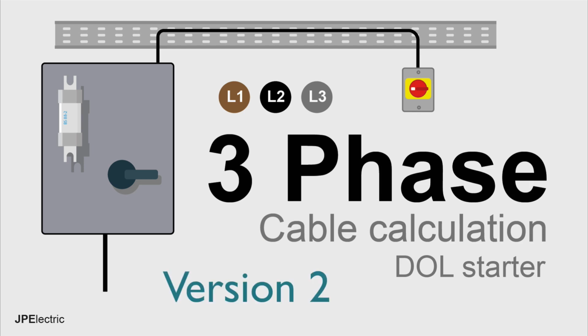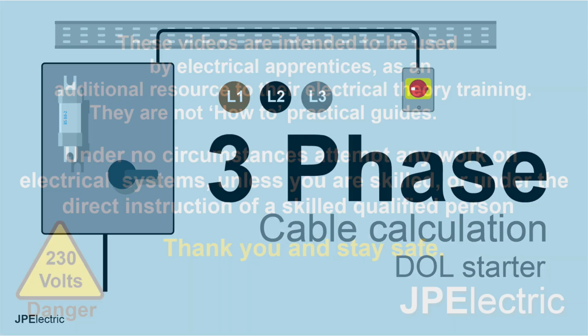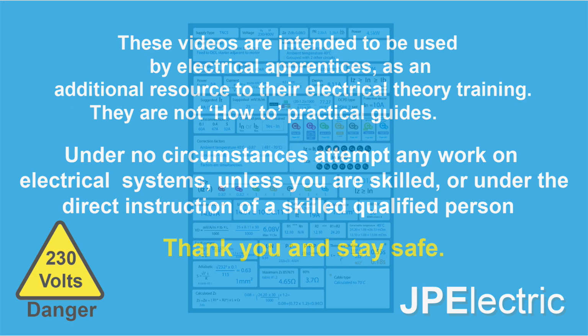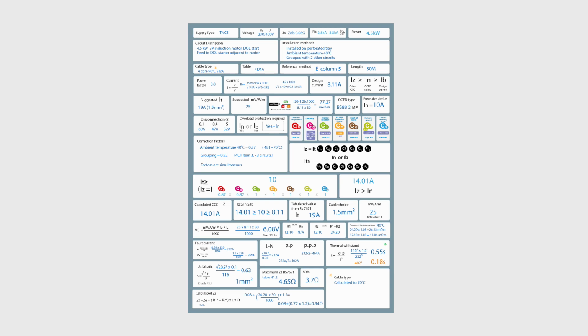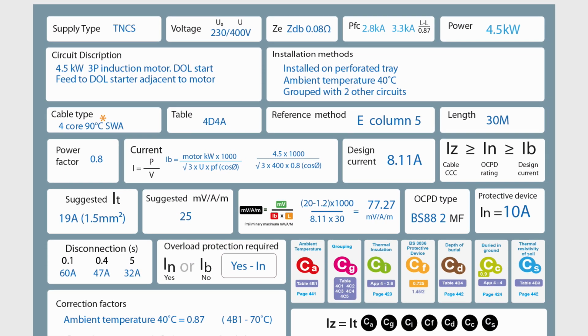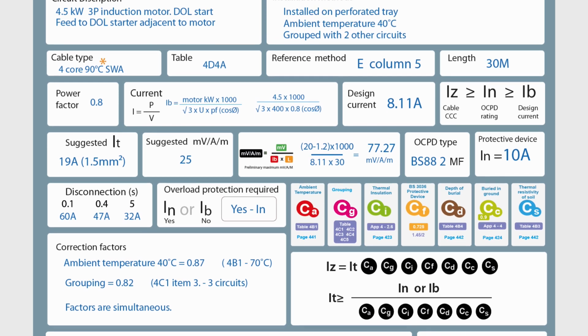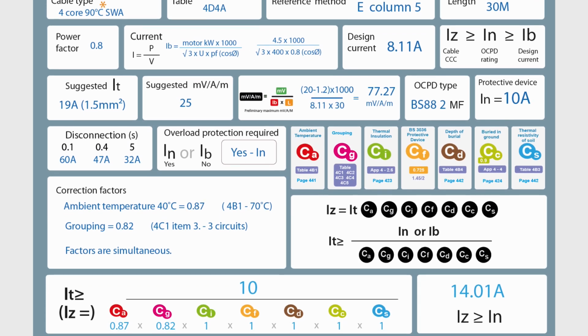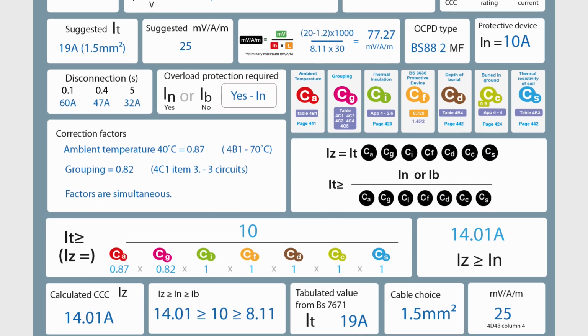Okay, so today we're going to have a look at a three-phase cable calculation for a direct online starter. So I've done all the calculations and I've put them into this table which we can go through. We've got our supply characteristics, we've got our circuit description, types of cable we're going to be using, reference methods,